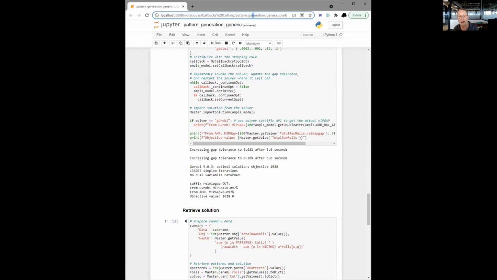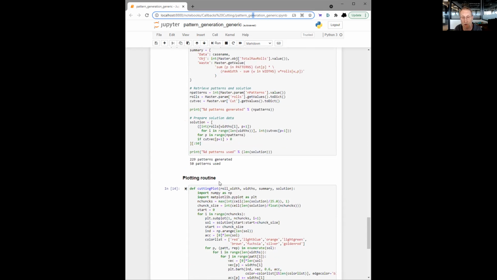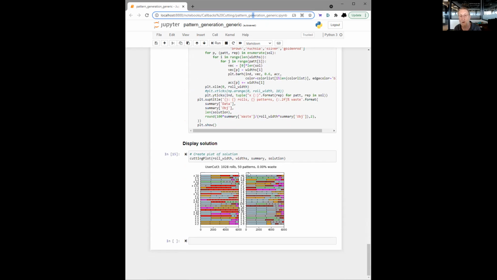And you can see when I ran them, I got a message increasing gap tolerance to 0.02%, and then increasing gap tolerance to 0.20%. And then finally it found the optimum. And after that, I retrieved the solution and ran a plotting routine and showed the results. And so then let's go back to the